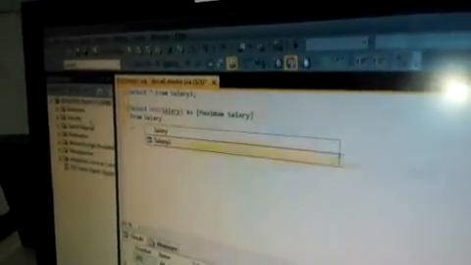So select max salary, then let's just name the new column as maximum salary, from the name of the table. So let's try to run it. So here, the maximum salary of the salary table is